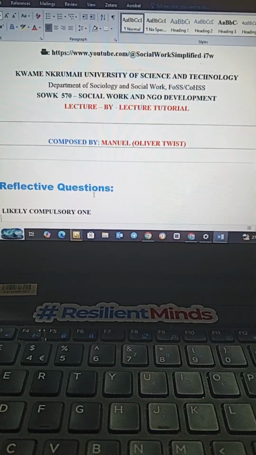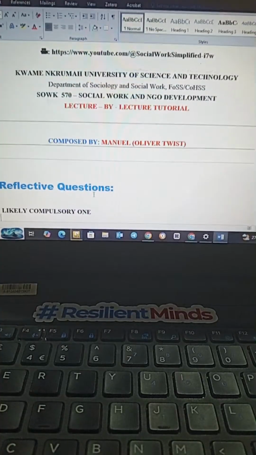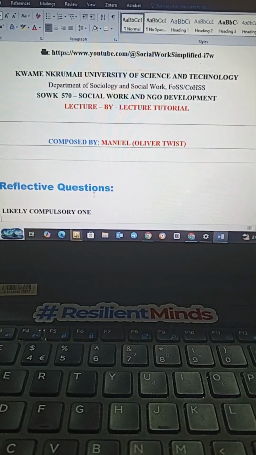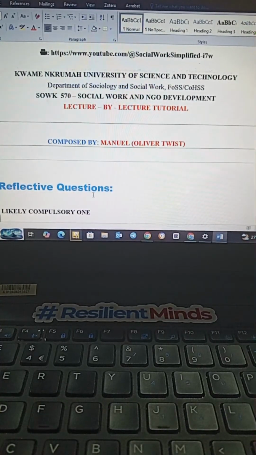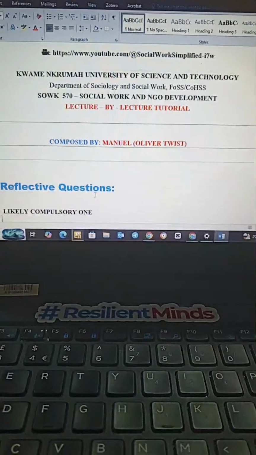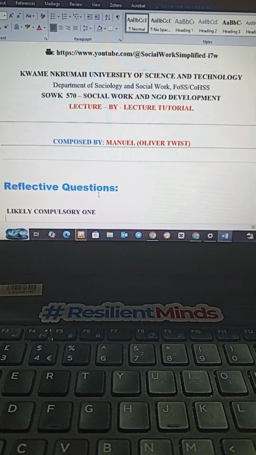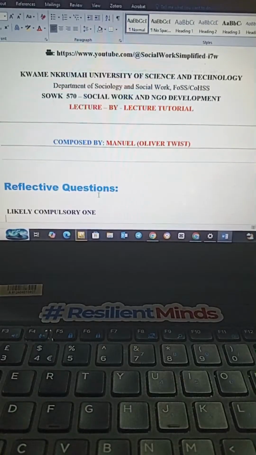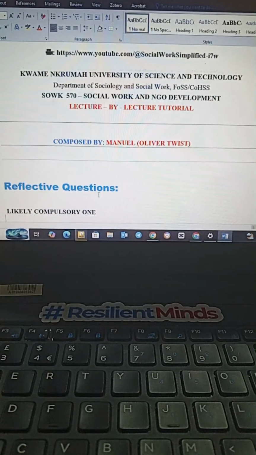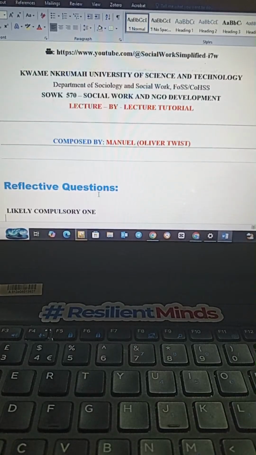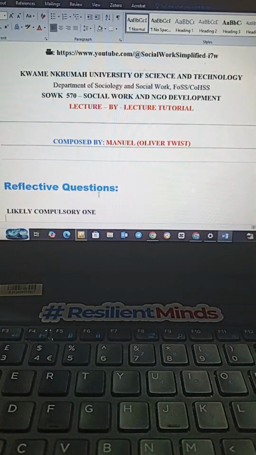These are some of the things that are very important for us to go through. So I drafted 2 likely compulsory questions that I think are very important for us to look through, because the likelihood that they will appear, if I'm to assess the confidence level, I would say about 90%. Do you get it? So I know we all did confidence interval. When the confidence level is high, you know it's very important for you to pay critical attention to them. So my confidence level is about 90%.